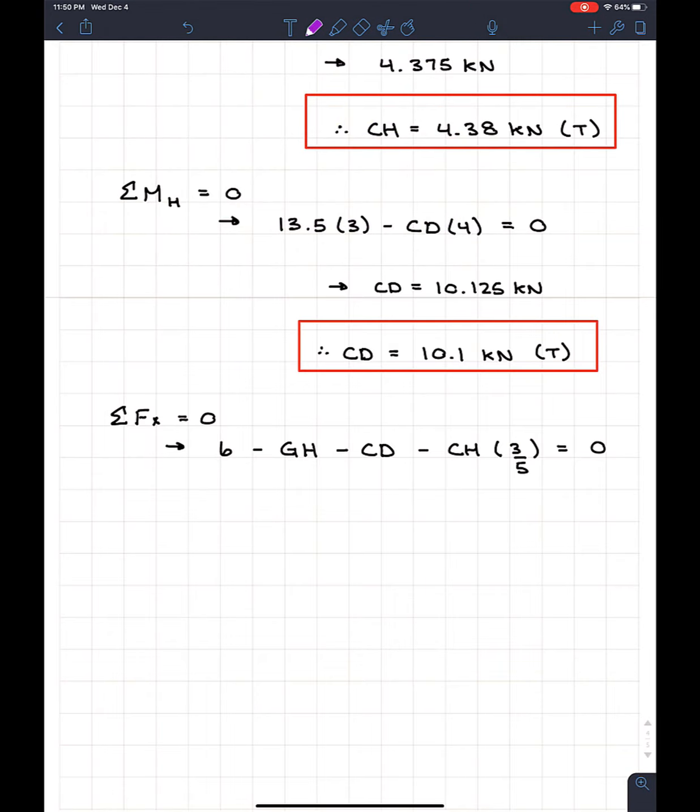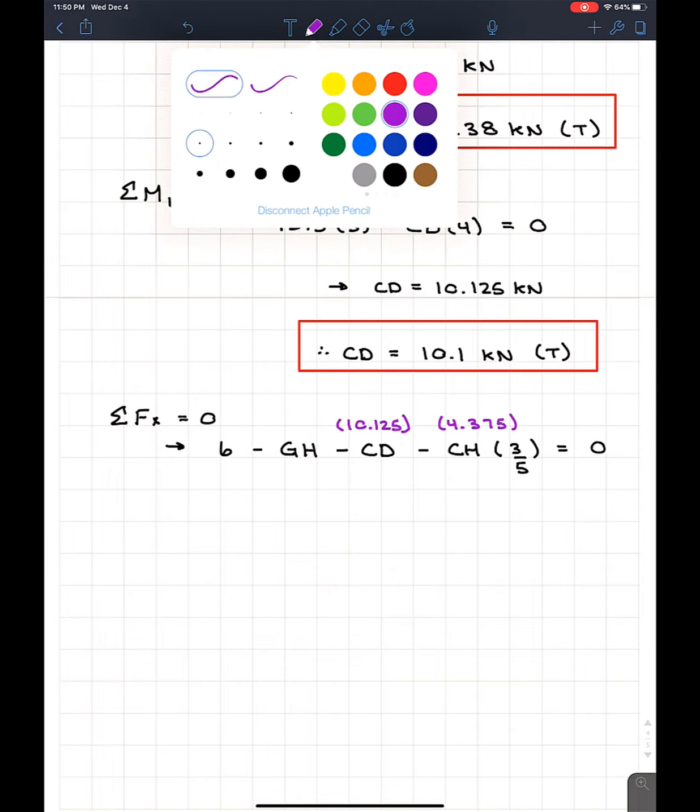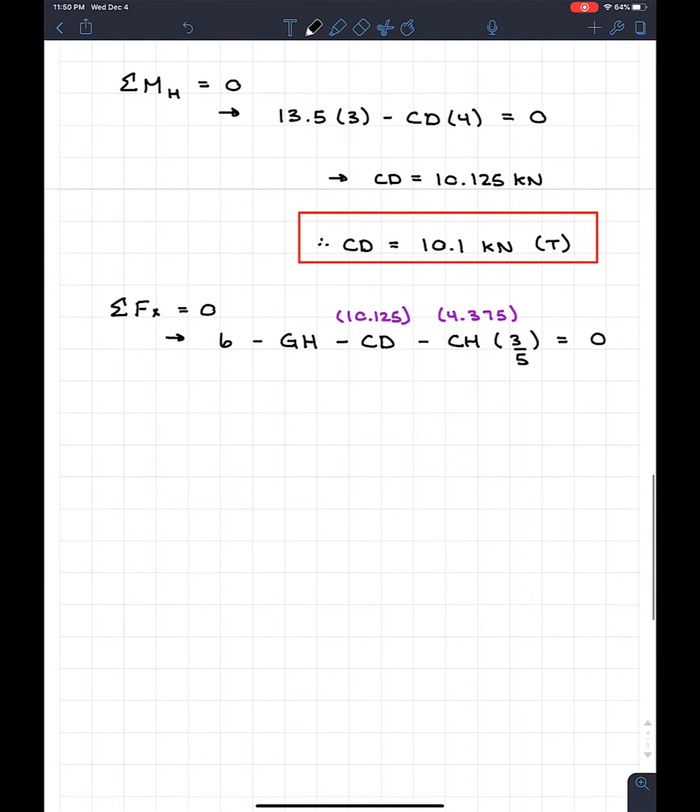But now if we look up, well, we know that CH is 4.375. So I'm just going to put 4.375. And then CD over here is 10.125. So now we only have one unknown, and when we solve this equation down here, we get GH